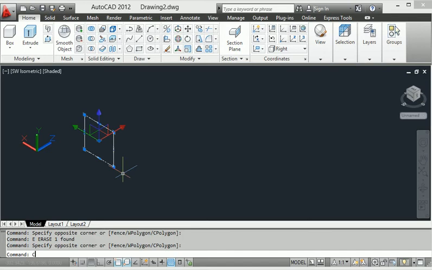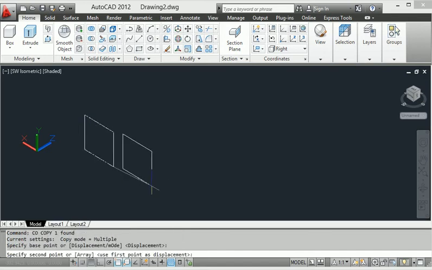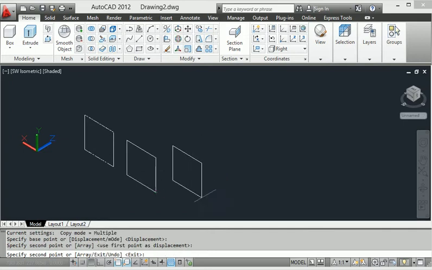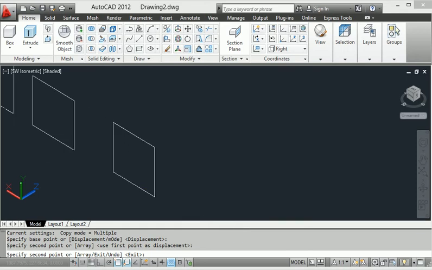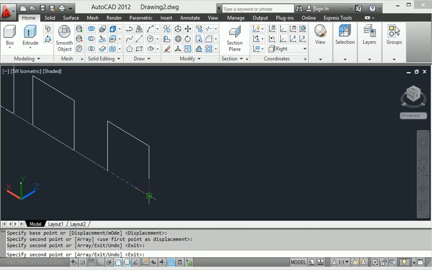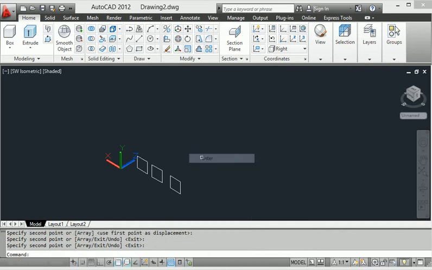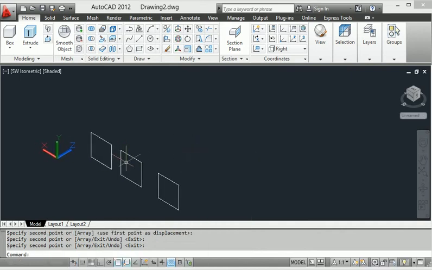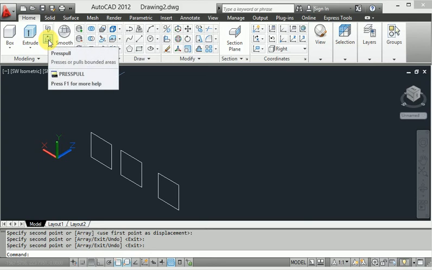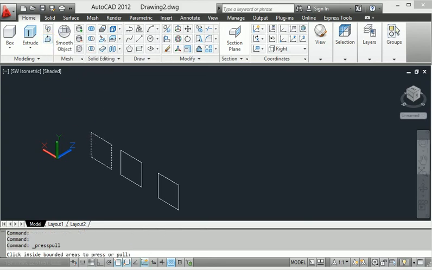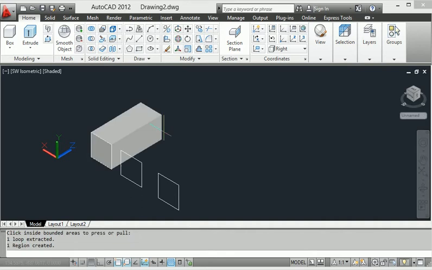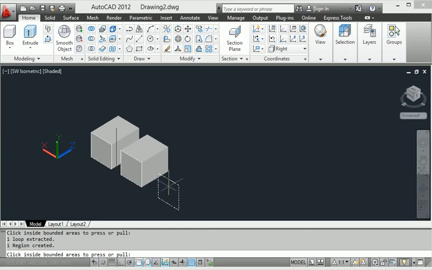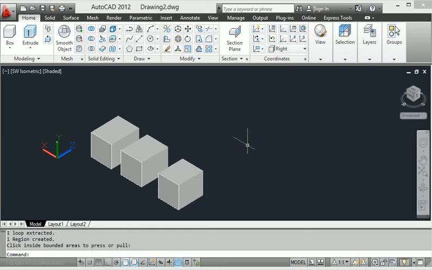Then I move it here and use the Press Pull command. I select here and extrude. Then also Press Pull again, and again. So these are three rectangles here.